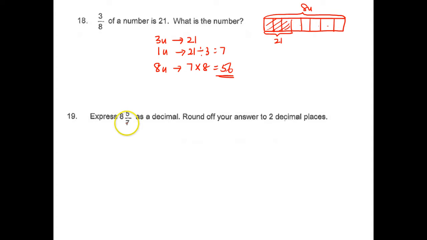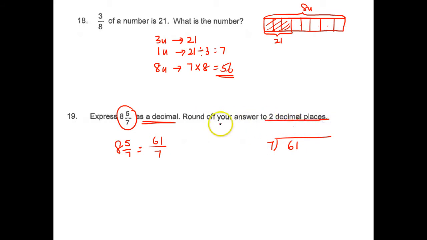Express 8 and 5/7 as a decimal. So first, I need to change 8 and 5/7 from this mixed number to improper fraction. So 8 times 7 is 56 plus 5, 61 divided by 7. Round off your answer to 2 decimal places. So 61 divided by 7 will be